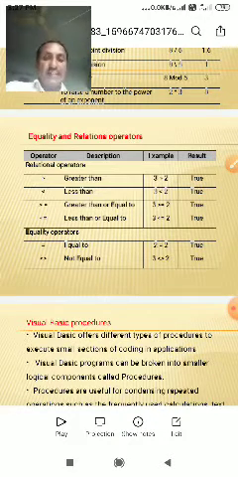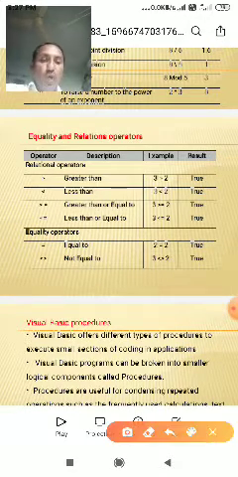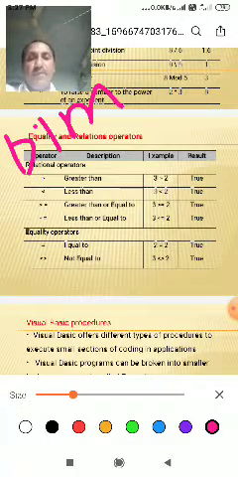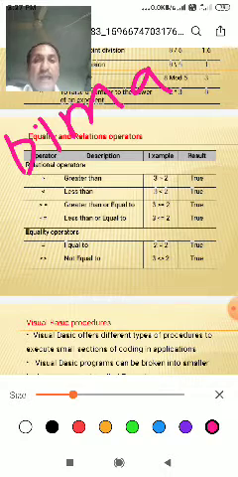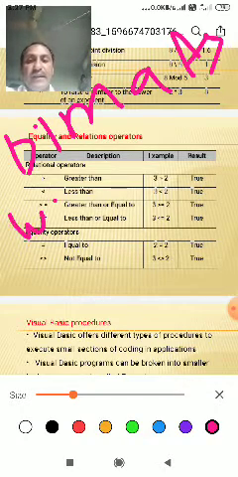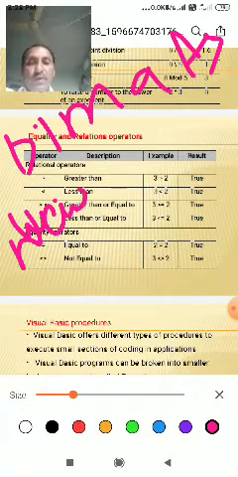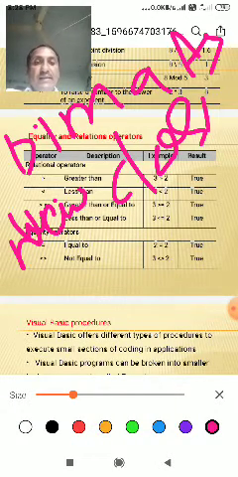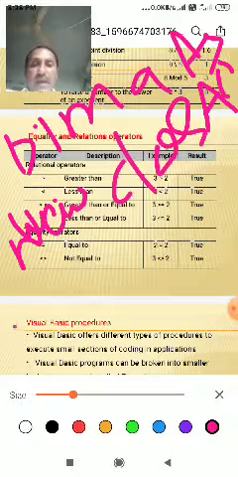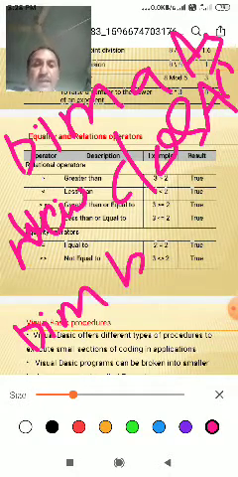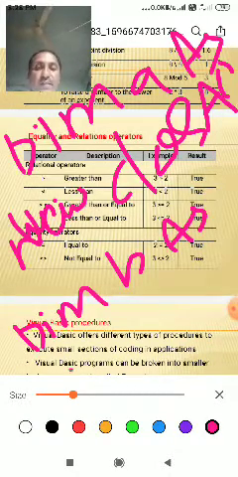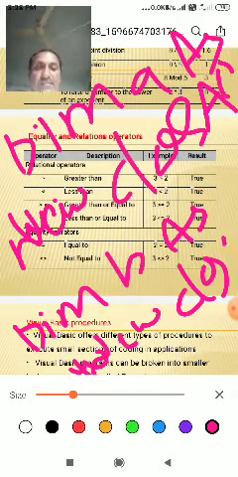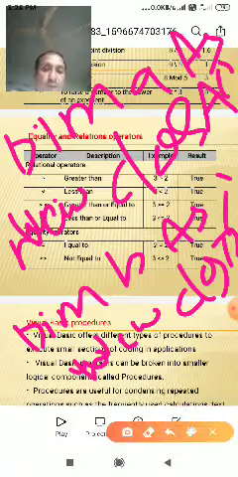So for example, Dim A as a new class A, and Dim B as a new class B.